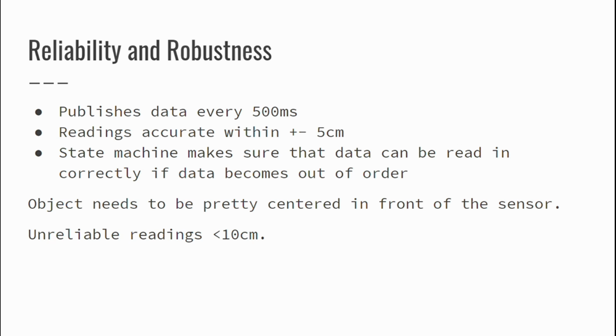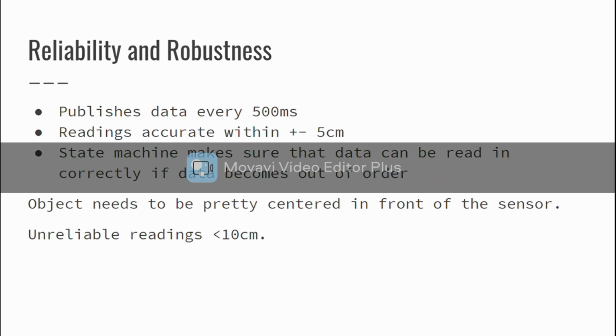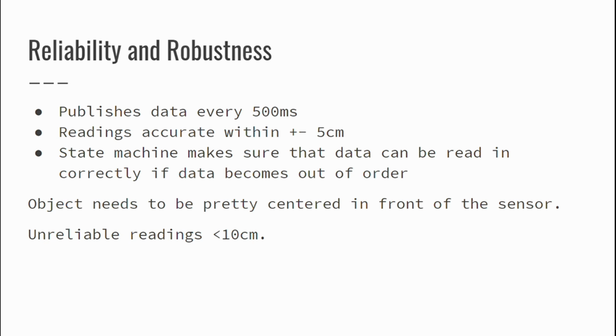The state machine ensures that even if the data becomes out of order at some point, it can always go back, since the first 2 bytes are always checked to be the header bytes, which were specified to be 59 hexadecimal. One downside of this sensor was that since it was pretty small, the field of vision was pretty small too,